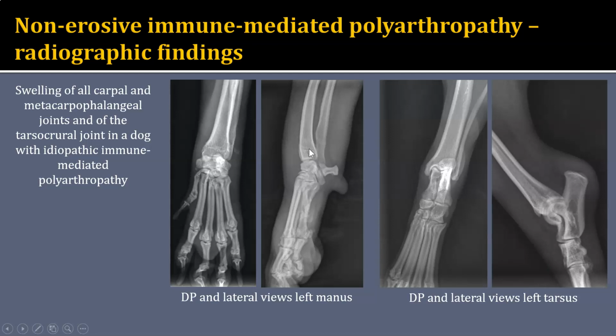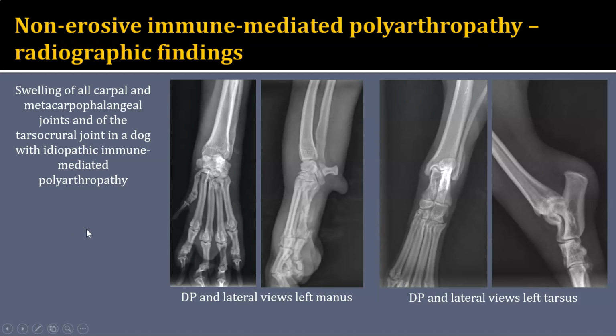However, I do see more focal soft tissue swelling that is centered at all of the carpal joints and probably at this metacarpal phalangeal joint down here on the fifth, maybe even the second. And then in the left tarsus, there is mild intracapsular soft tissue swelling of the tarsocrural joint. And this patient, again, has multiple joints that have soft tissue swellings, no osseous changes, and this patient was diagnosed